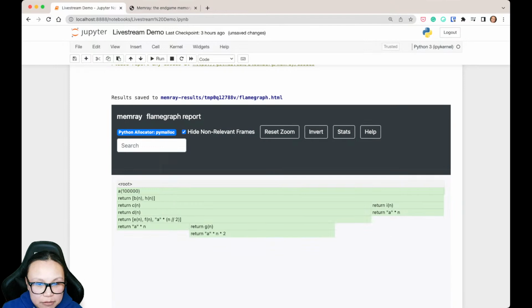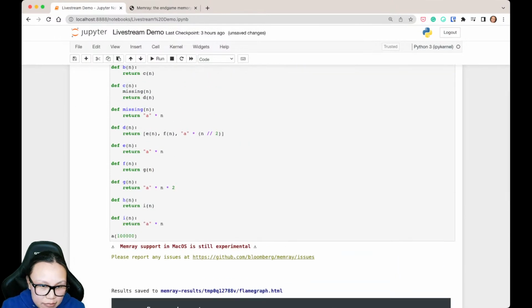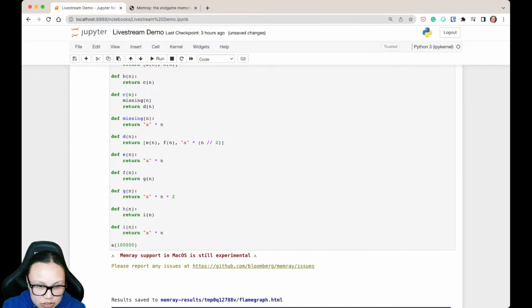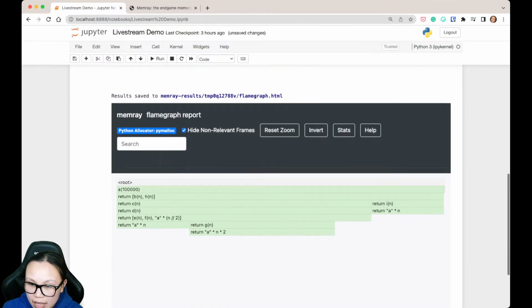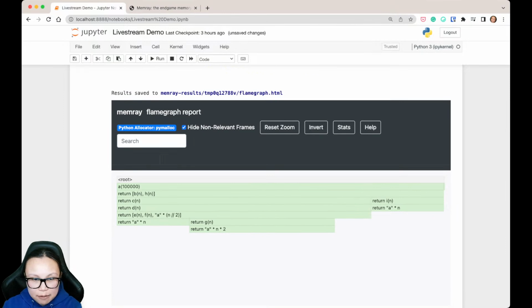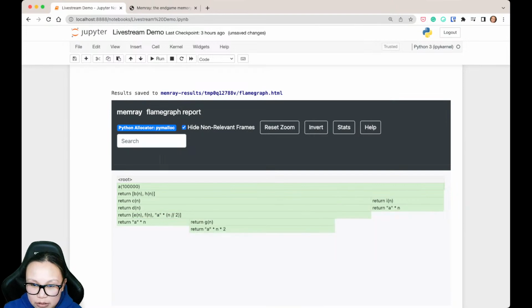What does it tell me? It tells me that F is actually not using extra memory, because the memory that F is holding is the memory that G uses. F doesn't add extra memory to the operation. If you see the code here, F is just calling G, so F doesn't do anything, actually. That makes sense, and that's why these two boxes are the same size. The counterexample will be D here. D is calling E and F and a bunch of stuff, right? So you can see D has an empty